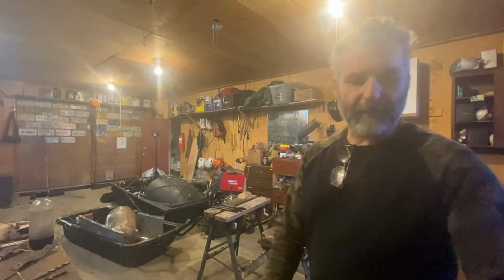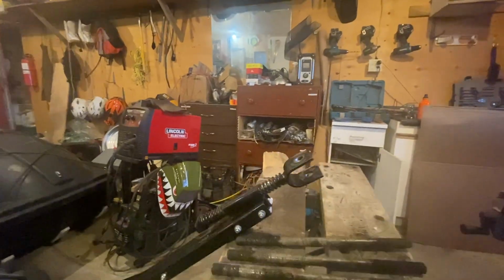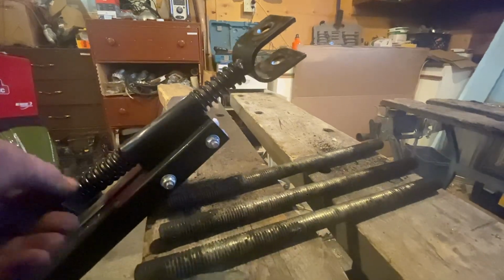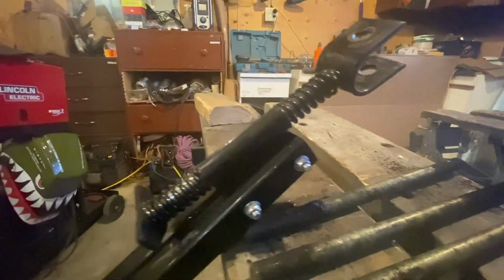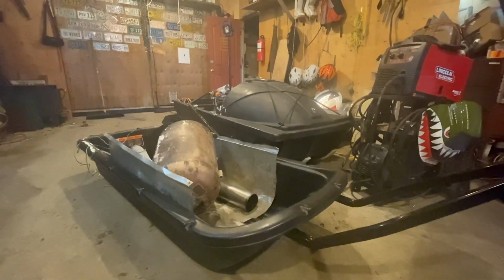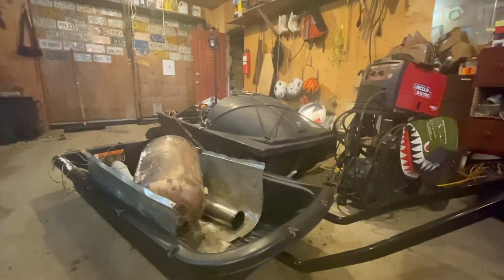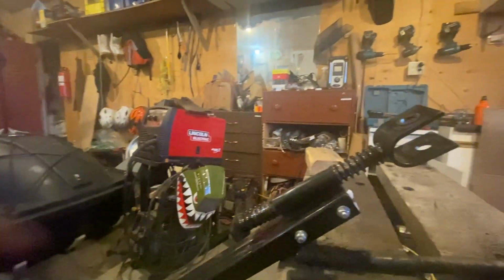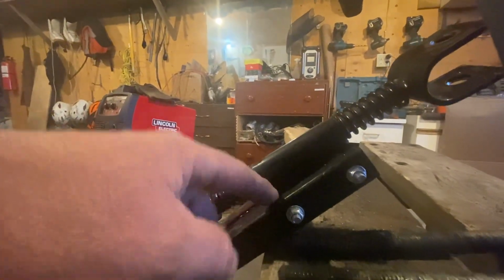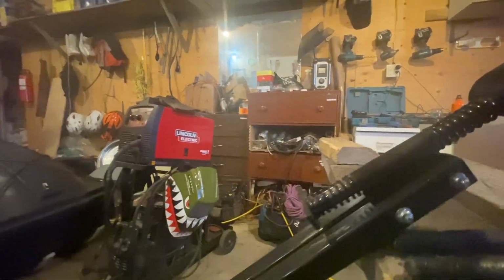I'm gonna be working on that toboggan here. I need to make that stronger. So that little toboggan is not bad at all. It's one of those Canadian Tire Pelican toboggans. It's a light duty toboggan. It's quite affordable, but I really don't like that attachment here. I think it looks weak, so I want to solidify and make that stronger. The rest is okay, and